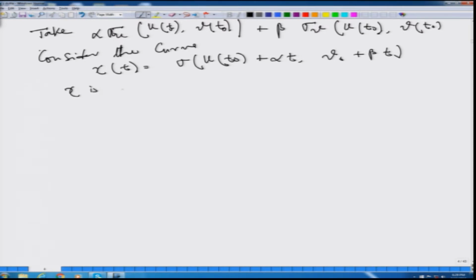Then gamma is smooth, because it is a smooth surface, sigma is smooth, u and v are smooth. So, gamma is a smooth curve